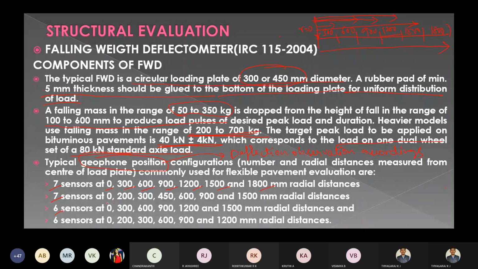You can also change the readings at various distances, that is 200, 300, 450, 600, 900 and 1000. You can change the radial distances also.